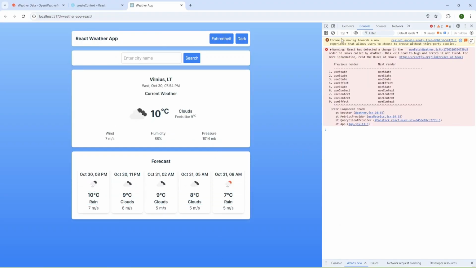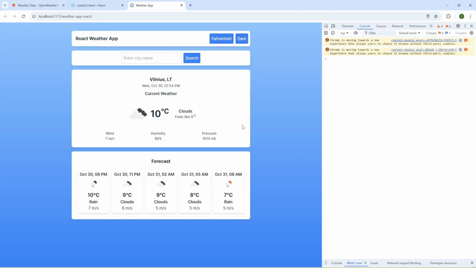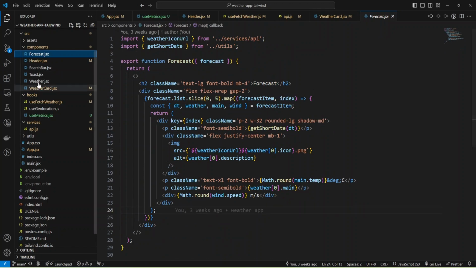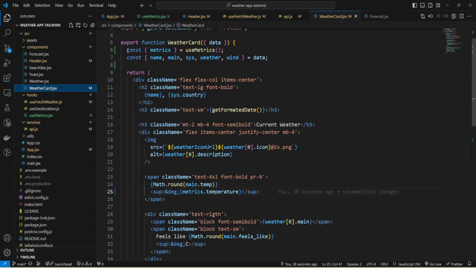Okay, and let's check what I have so far. And we have some probably error. I can reload the page, and I'm going to press the button, and we have 50, and we have Fahrenheit, and also we have miles per hour, and as you can see, the values were changed. For the forecast, we need to change Celsius to Fahrenheit, and also here.